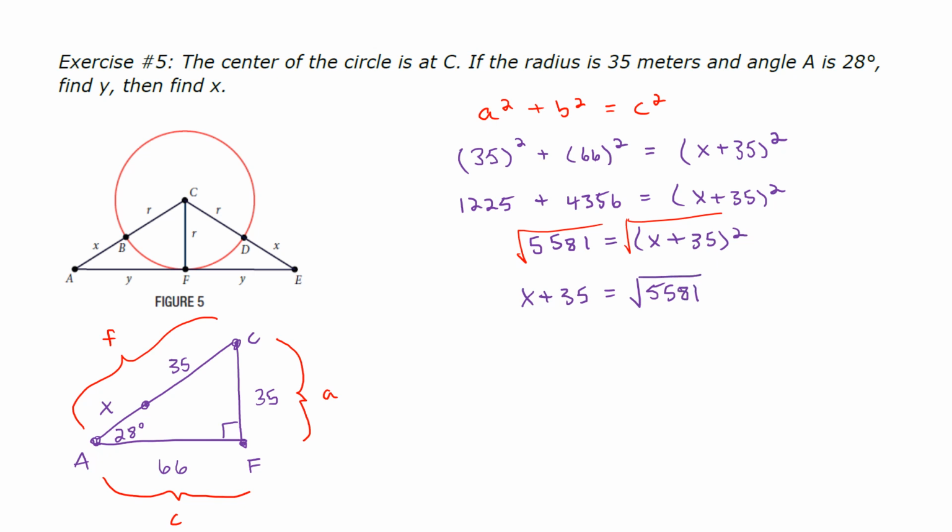To get x by itself, I'm going to subtract 35 to both sides. So I have the square root of 5,581 minus 35. I'll put this whole expression in my calculator and I should get